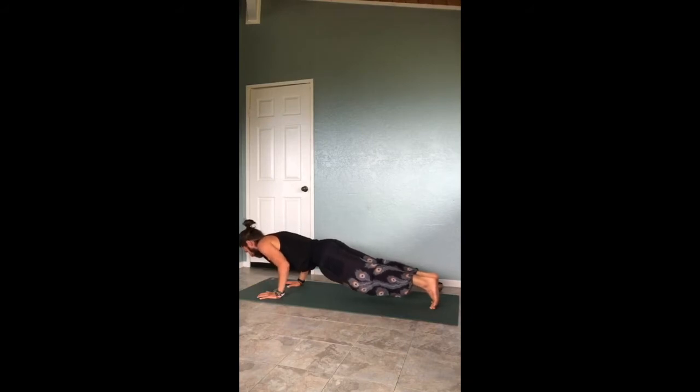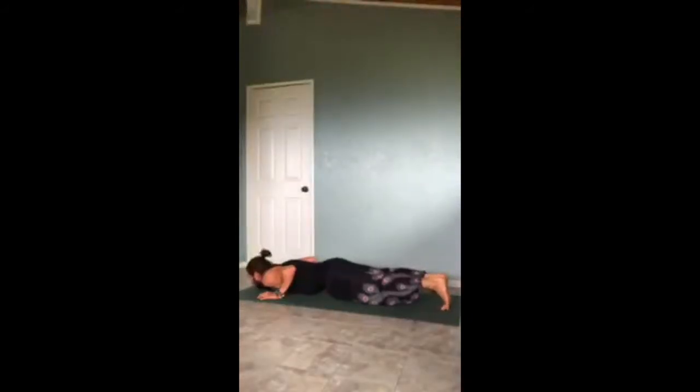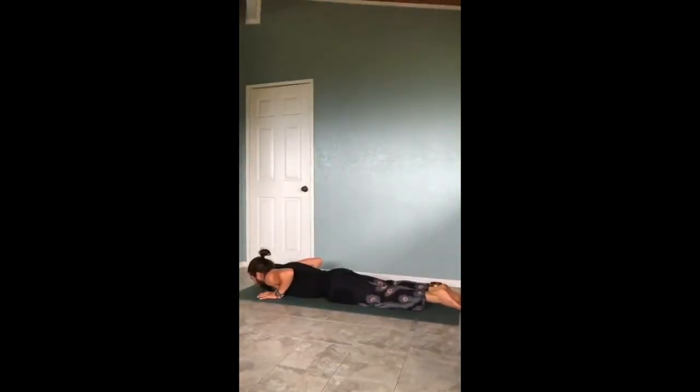How slow can you go? Beautiful. Once you make your way all the way down onto your belly, point the toes behind you, keeping the chin onto the earth. Interlace the fingers behind the back, squeezing the back of the shoulder blades together,